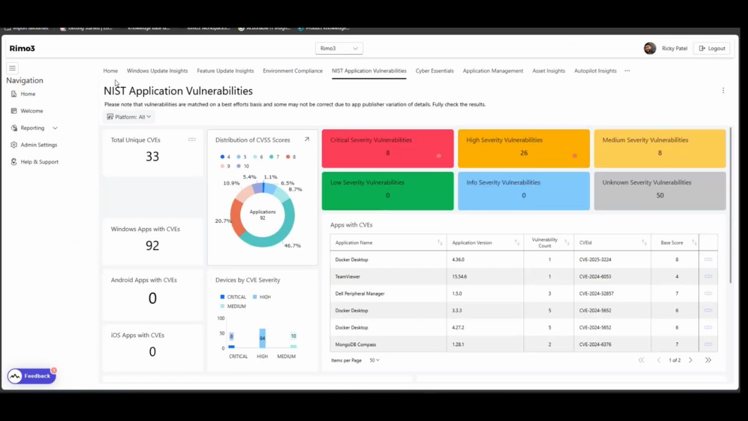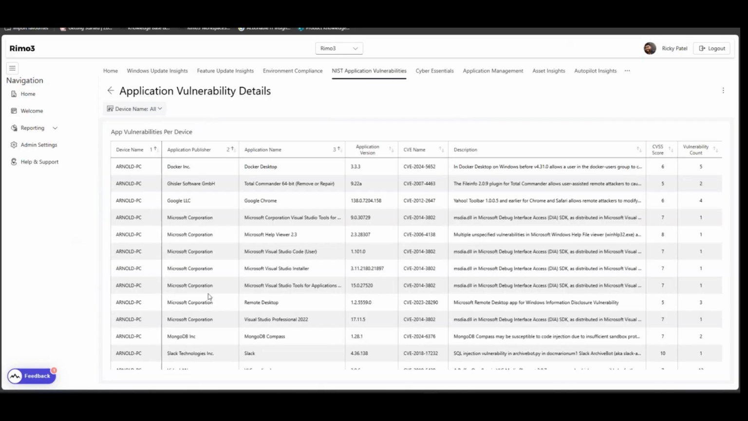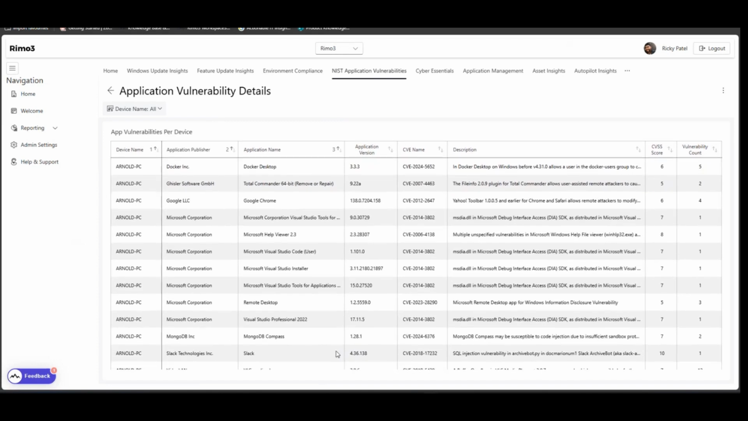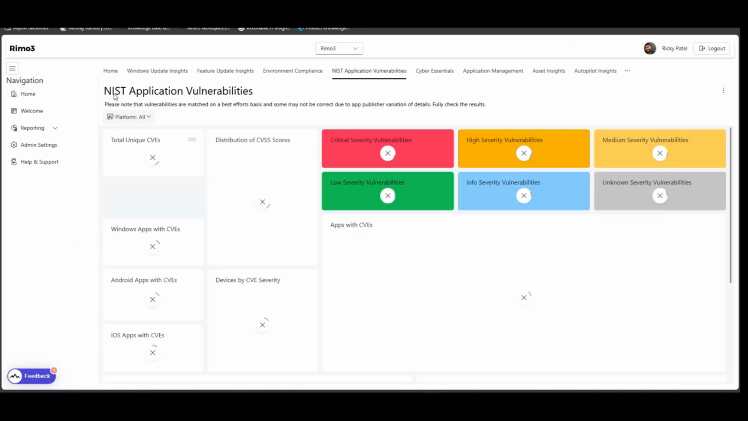When it comes to the NIST application vulnerabilities, this is very much pulling the data together from the NIST database and the data that's within your Azure tenant and Intune, and being able to compare that data together to understand which devices within your environment you may have certain application vulnerabilities against, and what applications or updated versions of applications need to be released to your end users, being able to reduce the amount of impact the organization could have